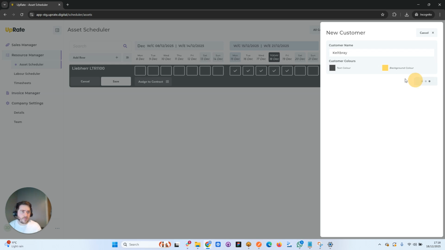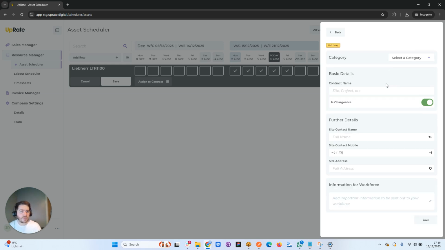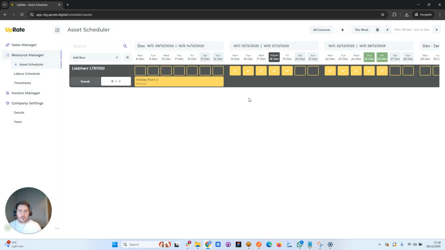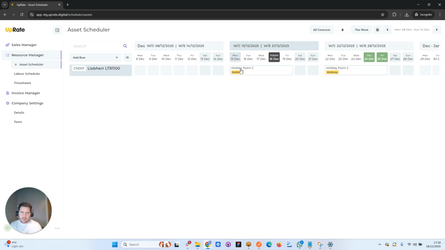Just going to create a new customer for this. So Keltbray, and we'll say it's Hinkley Point C job. So if I've booked the crane onto that, same dates, Monday to Friday for 2 weeks, and then I'll go